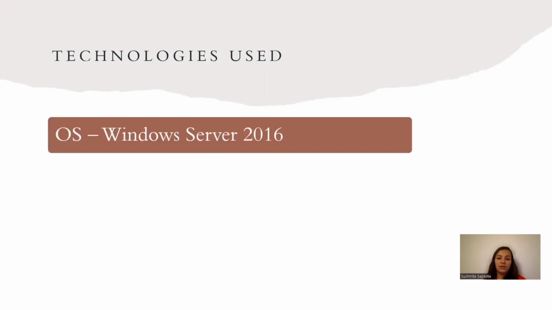As we have already mentioned in our documentation, we have used Windows Server 2016 as our operating system. Choosing Windows Server 2016 as our operating system provides a stable and secure platform for hosting various applications and services. Its robust features and support make it suitable for business environments. Additionally, Windows Server offers seamless integration for the technologies that we will be using afterwards as a requirement of our